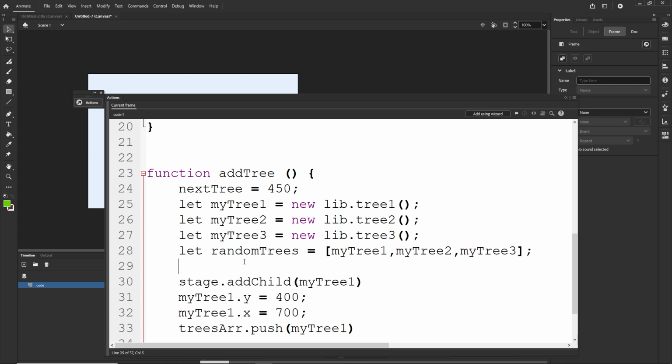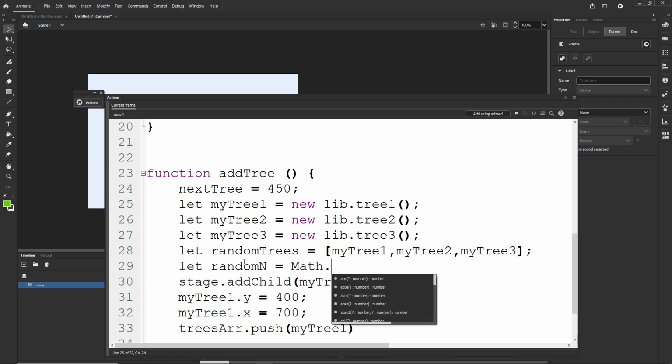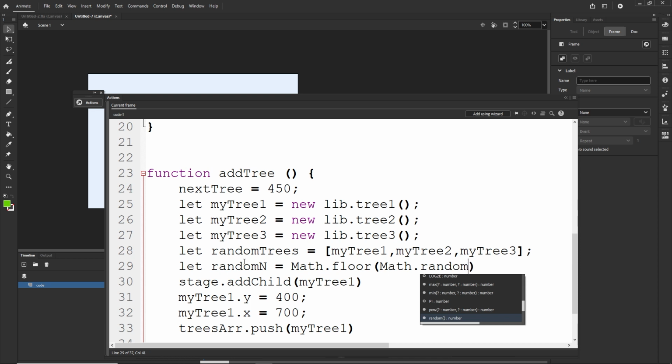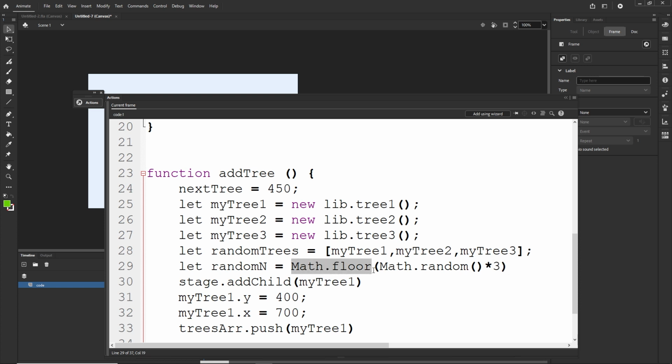So I'm going to create let random n is going to be equal, and I'm going to type math.floor, and in the parentheses math.random. And I have a tutorial about random numbers, but yeah, I'm going to multiply this by 3. So math.floor is going to basically get rid of the decimal numbers, and math.random multiplied by 3 is going to generate me a random number between